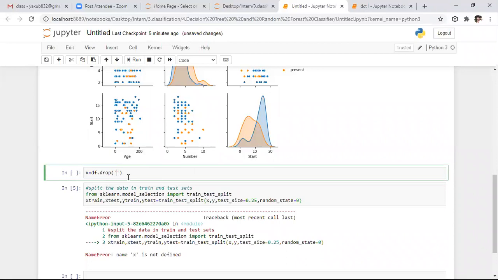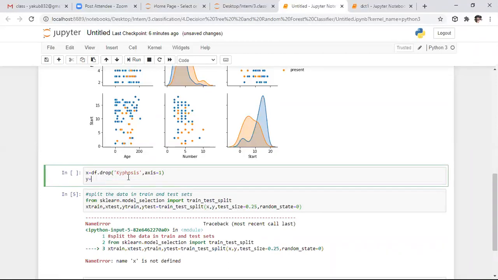We need to specify axis equals to 1. It is my input. After this, we need to specify output as the kyphosis column only, so I'm saying df.kyphosis. We use this column as the output column.